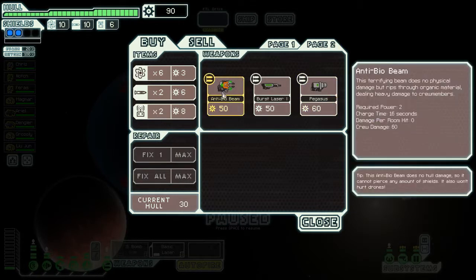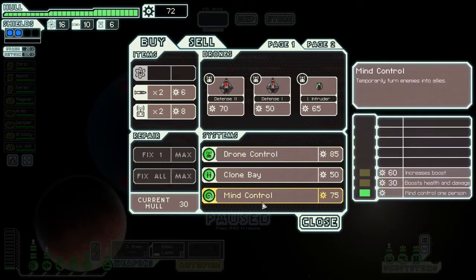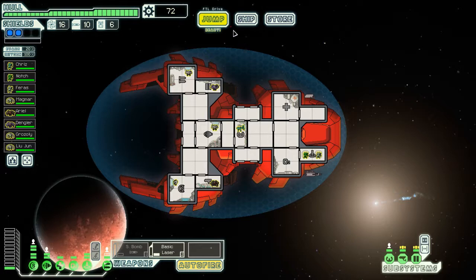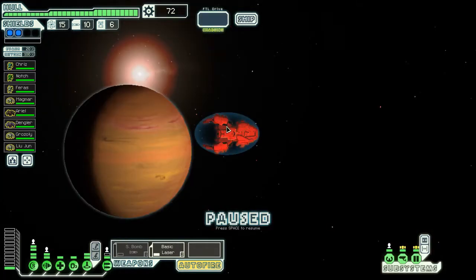And now we don't have anything. Ooh, an anti-bio beam. Those are actually kind of handy. They melt people on the ship, so if you know where they are, you can just laser straight through it and wipe them out. It's pretty good. It's not really worth it, though. Not at this stage. We really need that flak gun. A flak gun's a really good way of doing extreme damage to shields and their systems without really having